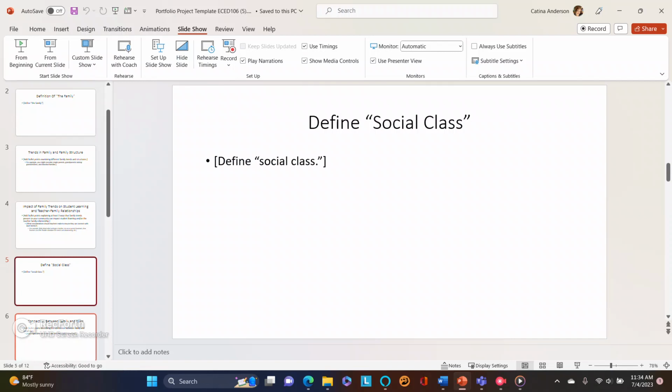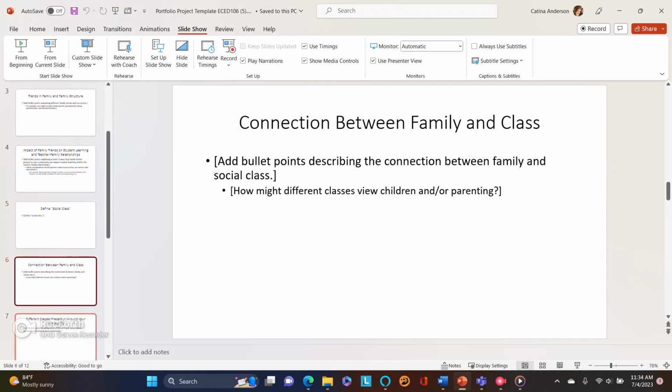Next, you're going to define social class. What is social class? What does that look like? Because when we get further in the presentation, we're going to talk about how that impacts children. Then, connection between family and class. So again, you're going to describe the connection between family and social class. How might different classes view children and or parenting? So it's very important to think about